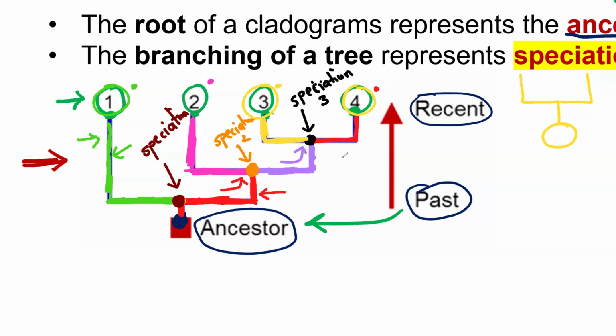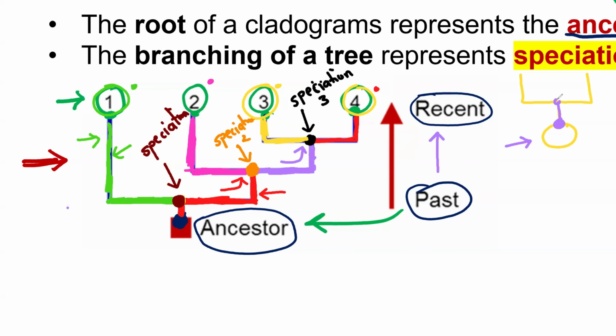So this is how to interpret the phylogenetic tree. I repeat again, in summary, grade 12. The whole purpose of a phylogenetic tree is to show how evolution occurred, or how evolution occurs in a certain species. Okay. So the old species, or the species of the past, is known as the ancestor. It is the one located at the bottom part of the phylogenetic tree, or of the cladogram. Now, when you move from top to bottom, you are moving from past to recent. That's how you interpret a phylogenetic tree.